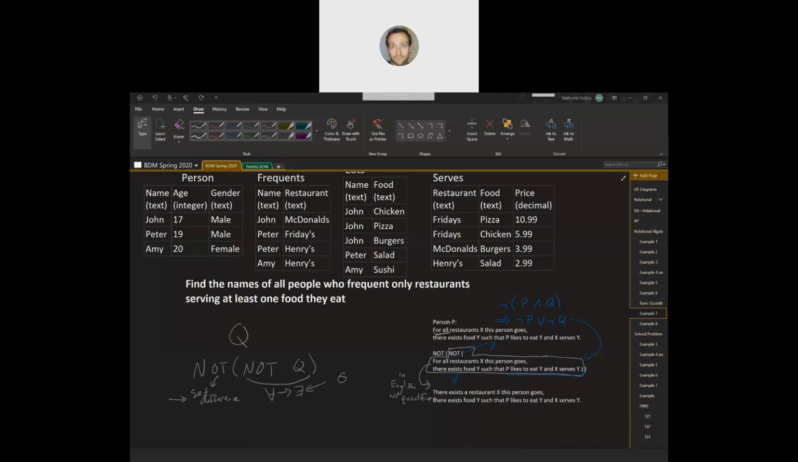But the interesting parts here are this for all that gets changed to a there exists. This there exists gets changed to a for all. And this P likes to eat Y and X serves Y is this sort of De Morgan-like statement. So this is a P and Q statement, and we're applying a not to it. So this turns into there exists a restaurant X this person goes,